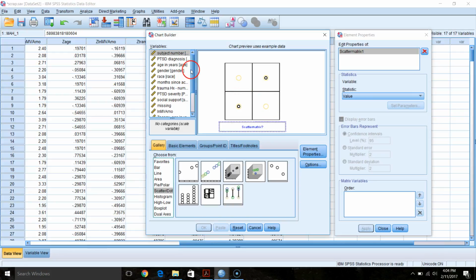Because what we want to make sure that we don't have is any nonlinear relations, and that our linear relations are reasonably homoscedastic. Again, we're hopefully looking for no fan patterns and things along those lines. So we're going to go down through and click scatter dot,